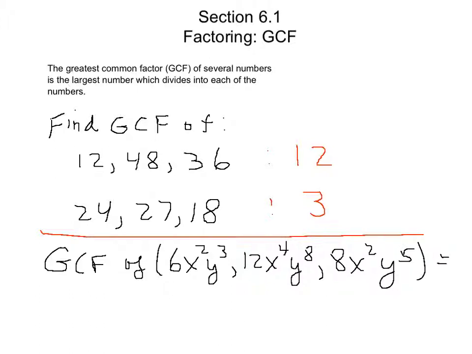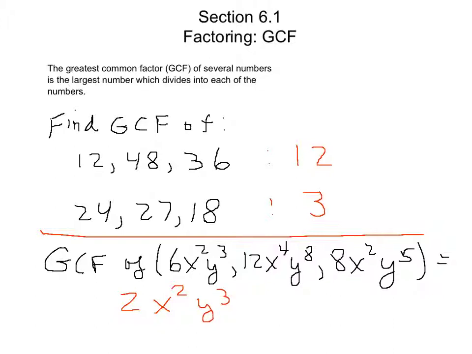Take a second, press pause, and see what you can come up with as the answer for this one. It takes a little thinking, but in terms of the numbers, the biggest number that goes into 6 and 12 and 8 is 2. The biggest power of x that goes into x squared, x to the 4th, and x squared is going to be x squared. And the biggest power of y that goes into y cubed, y to the 8th, and y to the 5th